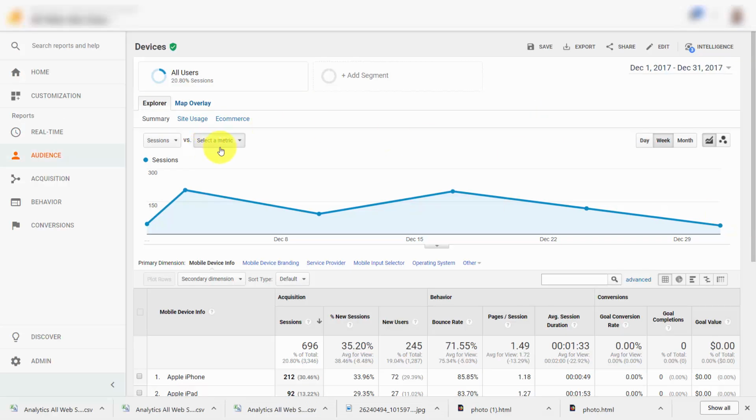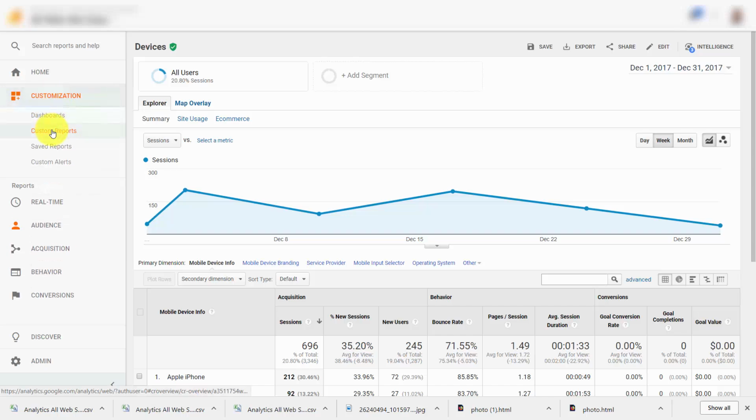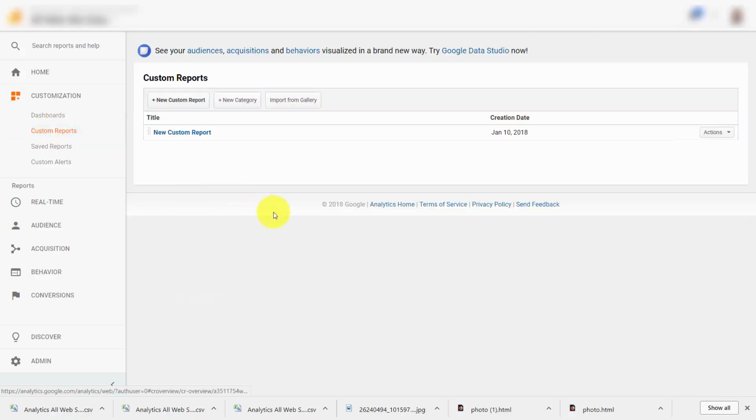Now, once you begin collecting data on a regular basis for your websites, you may discover that there is a specific way of looking at your business that will give you the maximum amount of information. And when that's the case, you may want to create a custom report. To do that, you are going to go to the customization button, and then you're going to click Custom Reports. When you get to the menu, you're going to click New Custom Report,